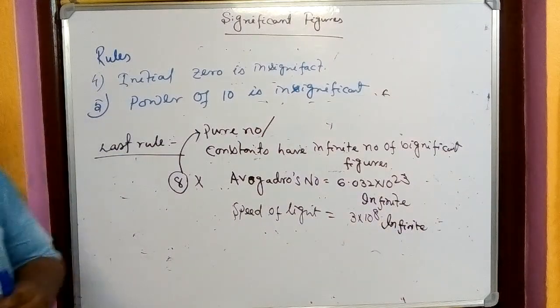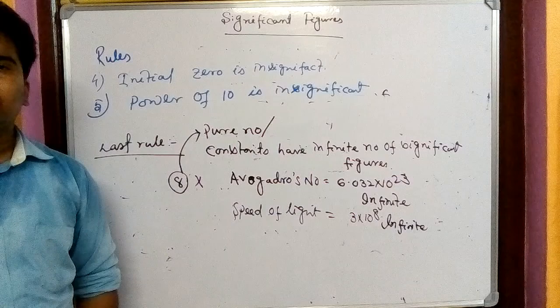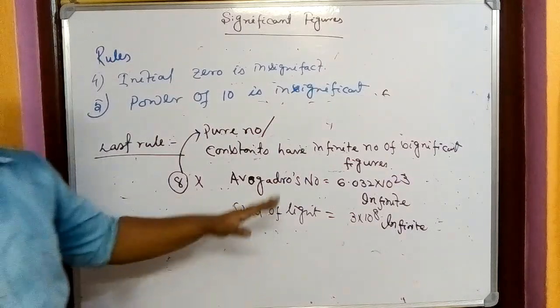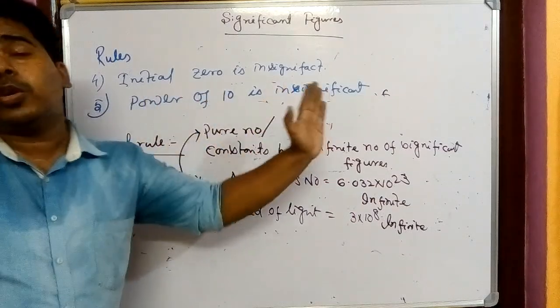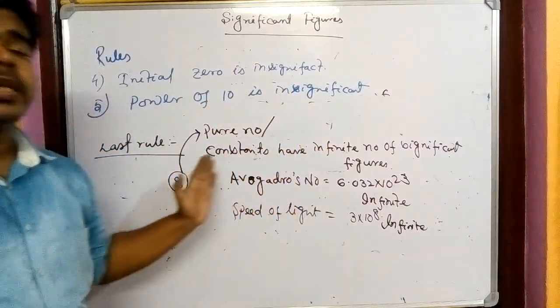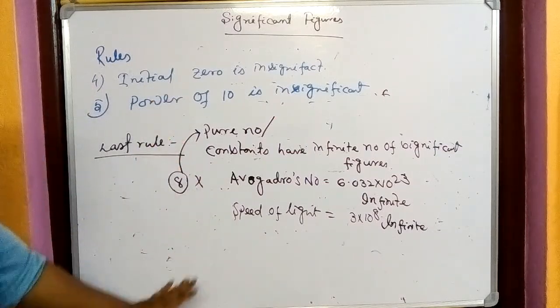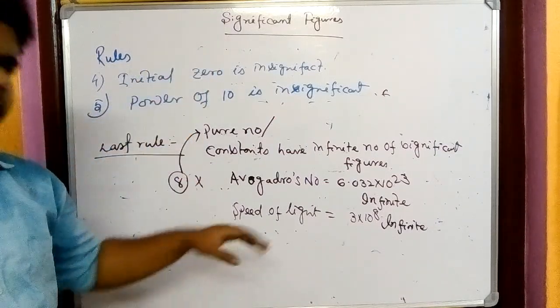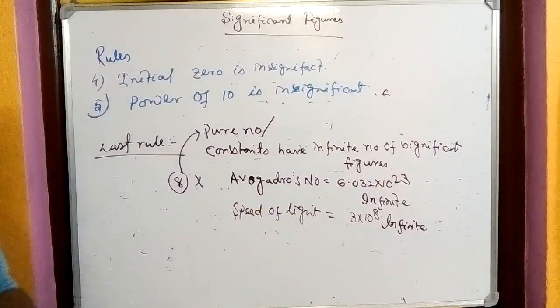Then you may ask, sir, how do we know which one is a constant and which one is not? Simple thing. If it is a constant, it will be mentioned there. If it is given that the speed of light is 3 into 10 to the power 8, how many significant figures are there? It should be infinite. If it is given in general that it is 3 into 10 to the power 8, then you can find the significant figures. But if it is mentioned that it is the speed of light,